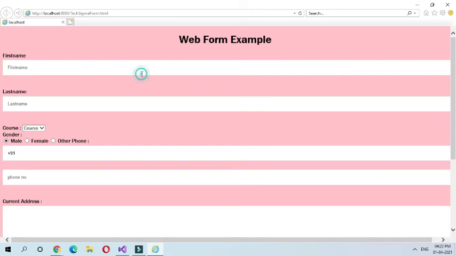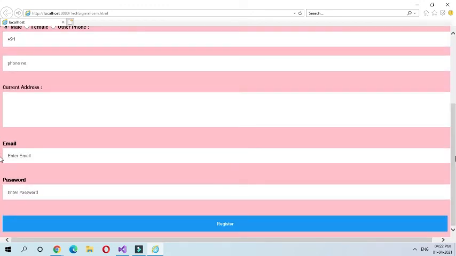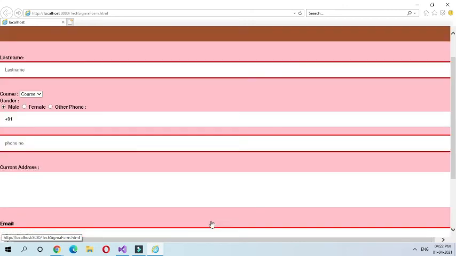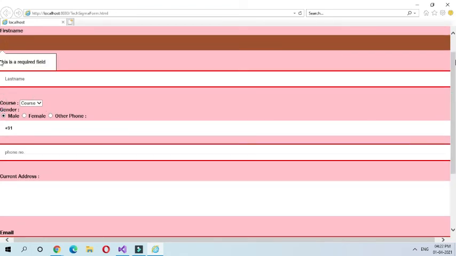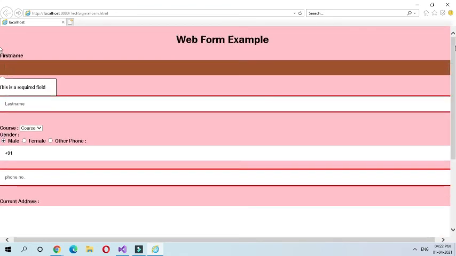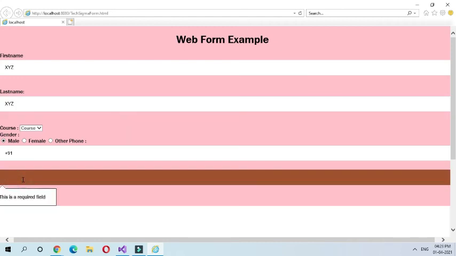Now if I'm not filling any form, just putting register, as you can see, this is gonna change its color and say this is a required field. That did not happen with our internal browser. This field is required. Give it as XYZ, again XYZ, again 45457.